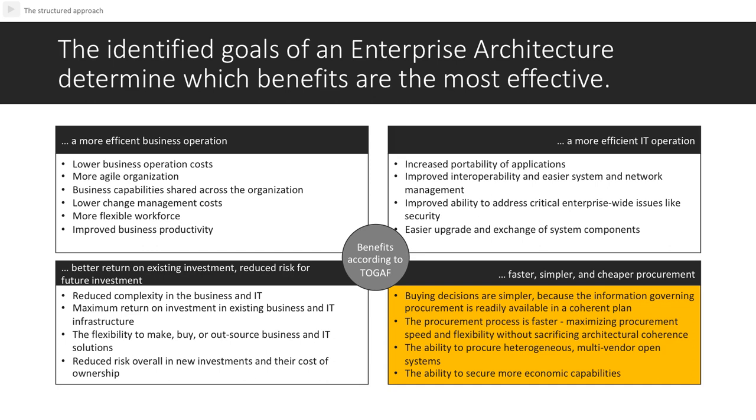According to TOGAF, procurement decisions will be easier and more effective since all required information is appropriately collected and visualized for all shareholders by a common methodology. The simplification of the decision-making process leads to faster procurement. As far as the procurement processes follow the guidance and principles designed in the enterprise architecture, new systems and services integrate seamlessly into the existing environment and will not be regarded as isolated silos harming the existing processes and systems.